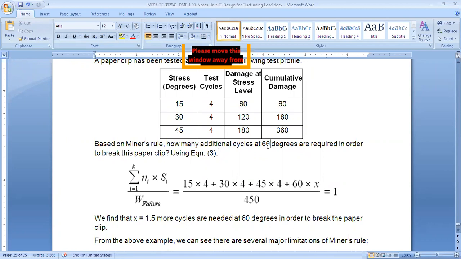Or if I say the last turn is 90 degrees, I will say that it will be one turn. Are you getting my point? So the concept is this. If we are applying stresses and corresponding cycles, and we want to find out the total load, we can find it using this Miner's rule, right? It is damage, but we are considering different stresses and different cycles. That's why it is called cumulative damage.